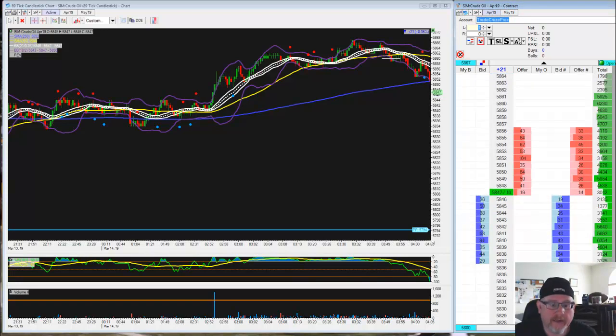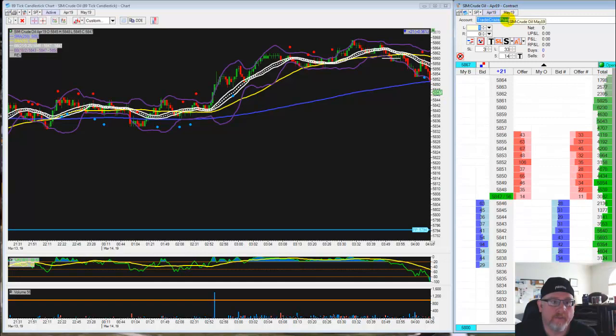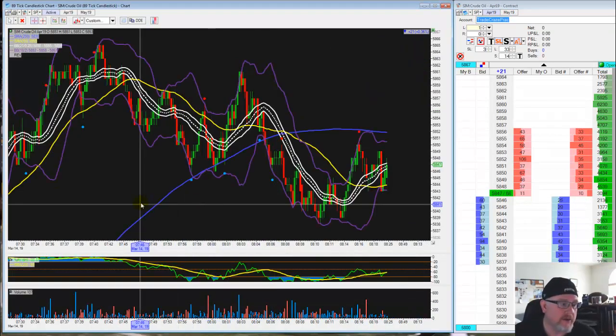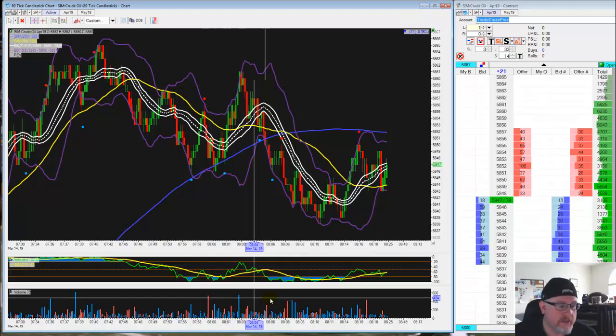So we're still actively trading the April contract, and we'll keep our eyes on that for tomorrow to see if May becomes the active trading contract. So at this point in time, we can still say that April is the contract that we're paying attention to. What we can say about today's trading so far,